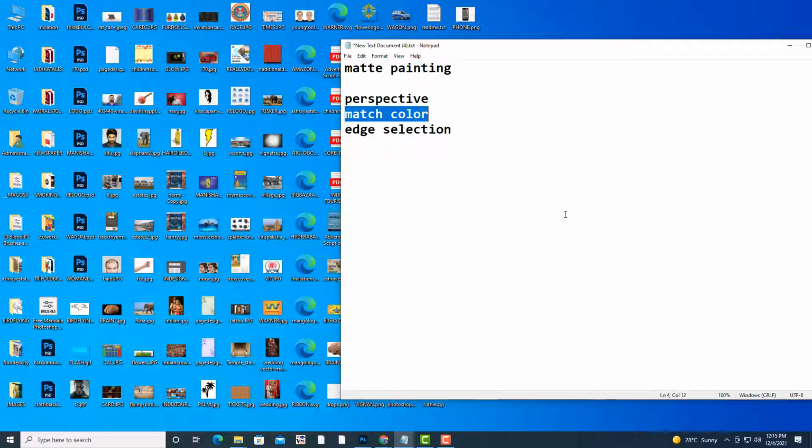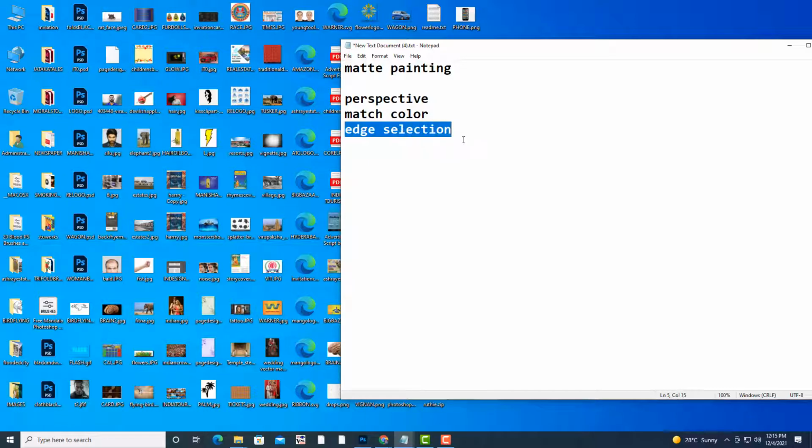So you have to match the color of different images, because one image is shot in the morning, one image is shot in the evening, or one image has bright colors, one image has dark colors. So we need to do color match and make them look like they are part of a single image. That is the second rule.